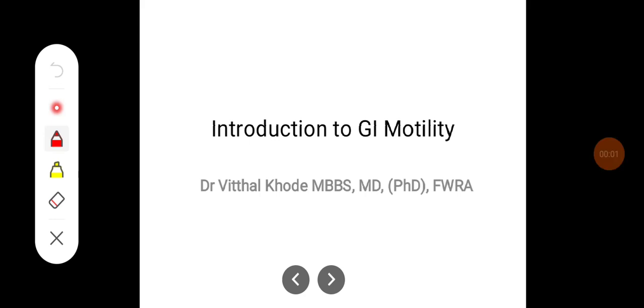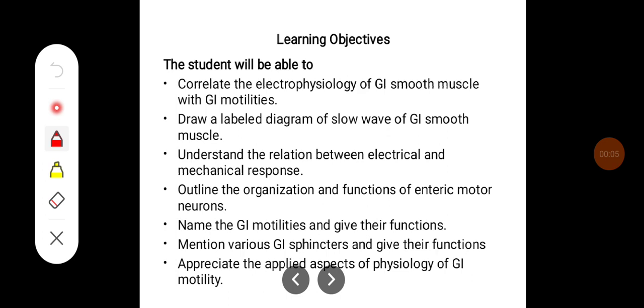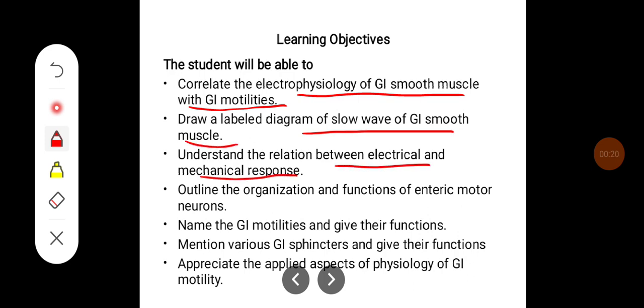In this class, we'll try to learn about GI motility. The learning objectives of this class would be to correlate electrophysiology of GI smooth muscle with GI motilities, draw a labeled diagram of slow wave of GI smooth muscle, understand the relation between electrical and mechanical response, outline the organization and